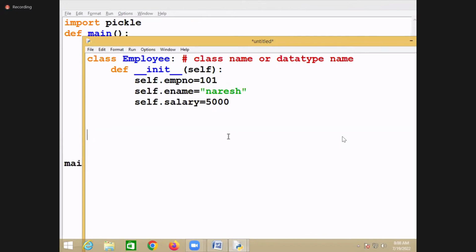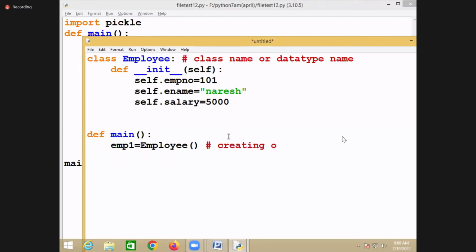Then what I'm doing is creating an object of Employee. So emp1 equal to Employee. This is how you create an object, an object of the Employee class.